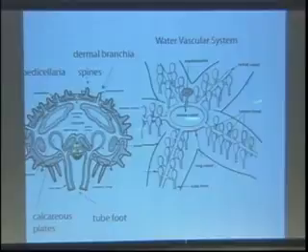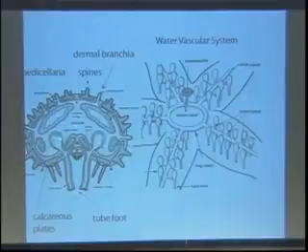So here shows you a cross-section. So this is a cross-section of the arm. And what we see here is this radial canal, that line there. We see the lateral canal that leads to each of the ampullae here. There's the ampulla, there's the tube feet. And this is how we can see the coelomic fluid gets moved around, because in order to move these tube